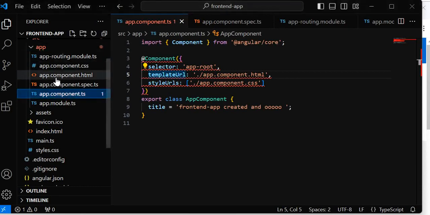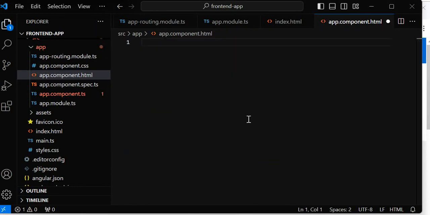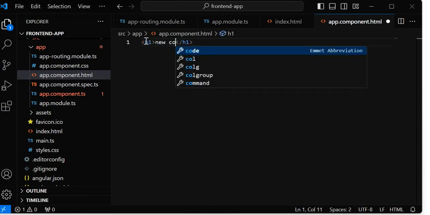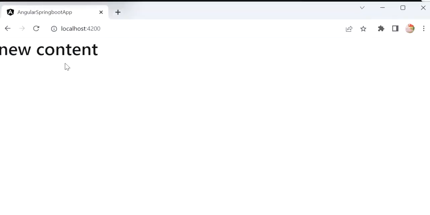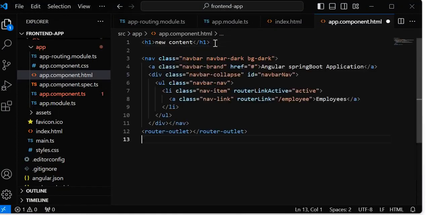So let me open app.component.html. Just remove all the content from this file. Save it again. If I go back to the browser, here we can see it's showing empty because there is no HTML content available. So let me type something here, h1, new content. If I go back to the browser, here we can see new content, and here I will just paste this content,